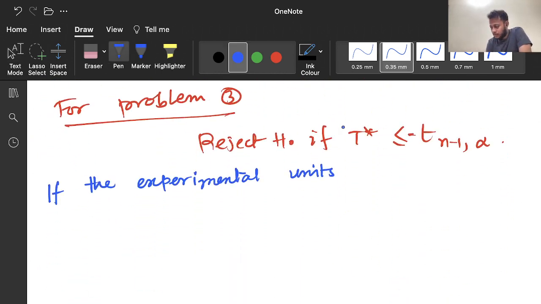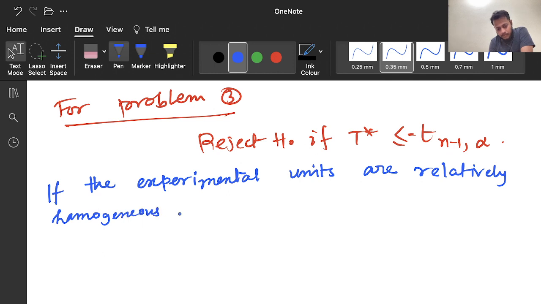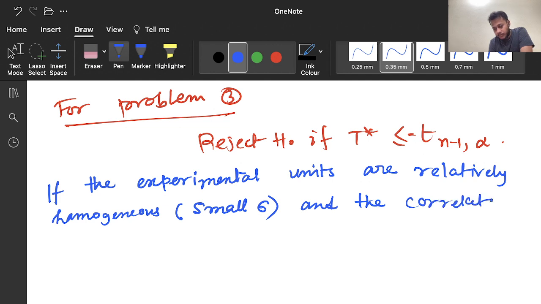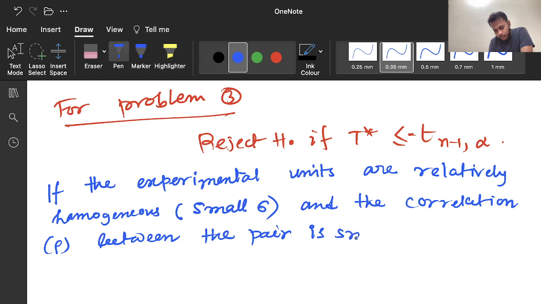If the experimental units are relatively homogeneous, that is small sigma, and the correlation, that is rho, between the pair is small,